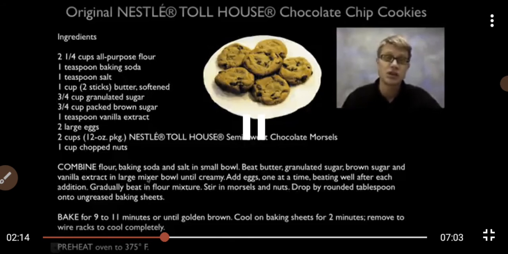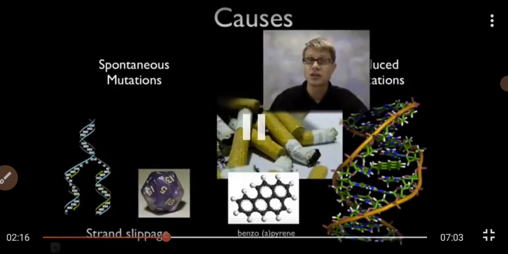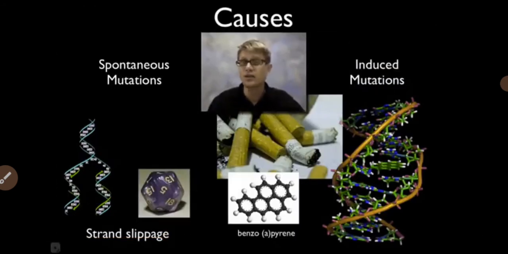Think about this, changes in the DNA is just like changes in the recipe. What causes them, however, it's not a typo. Basically, there are two ways that you can get mutations. The first are what are called spontaneous mutations. That's when just something in the process of replicating the DNA or forming the gametes goes wrong. And so a very common type, it's not that common, but a common type is called strand slippage, where the